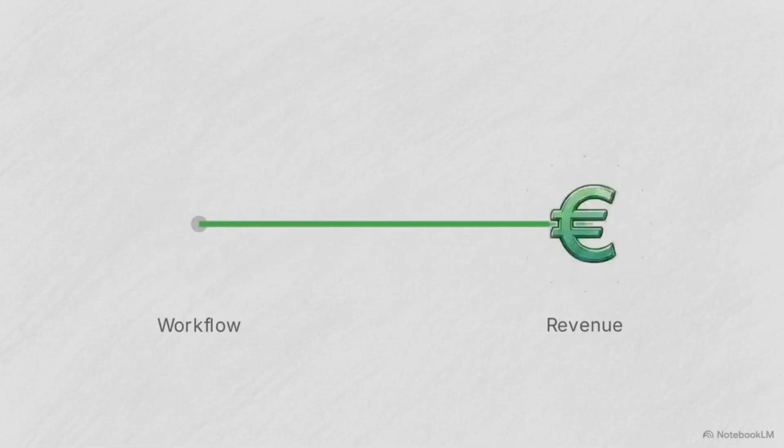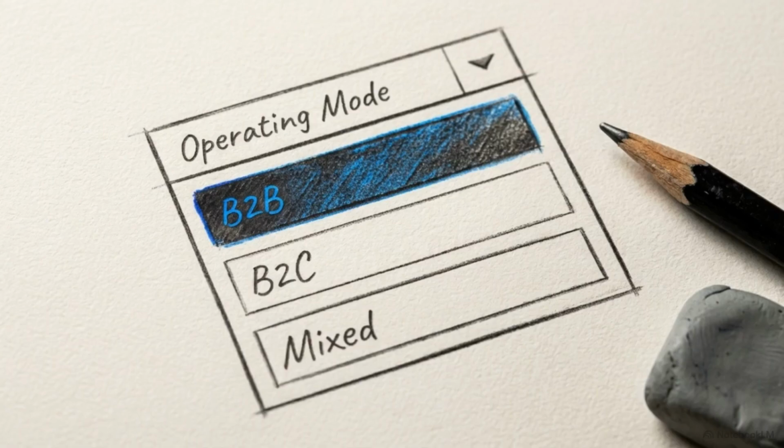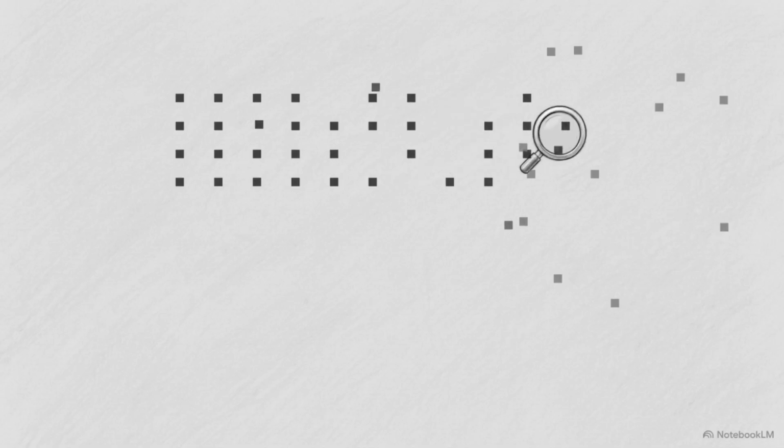to actual cash collection. We start at level 1, which focuses on establishing your structural foundation. Your first step is to tell the system how your business operates by selecting your operating mode: B2B, B2C, or mixed. Do not start with customizing colors and labels. The CRM needs structural logic established first because the quality of your AI recommendations relies entirely on the quality of